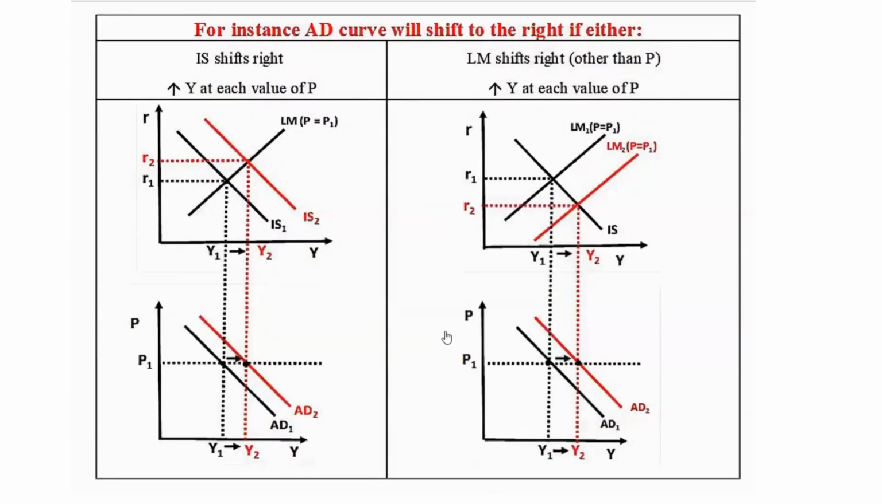In this example, we can see that the aggregate demand curve will shift to the right if either the IS curve shifts towards the right, as we can see over here, or if the LM curve shifts towards the right because of a factor other than a change in price level. In both cases, why does this cause the aggregate demand curve to shift to the right? Because once either the IS curve or the LM curve shifts towards the right, you have an increase in output at a given price level, as a result of which the AD curve shifts towards